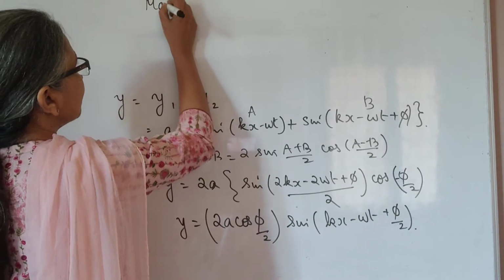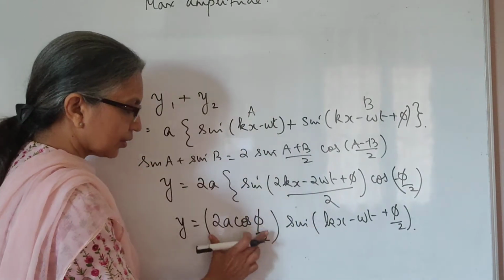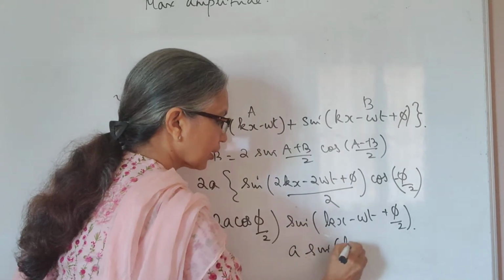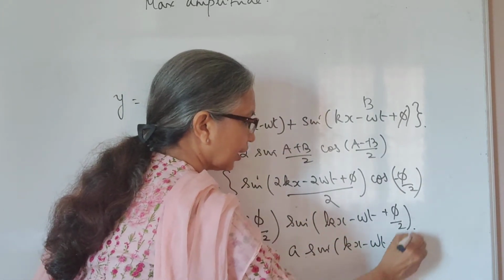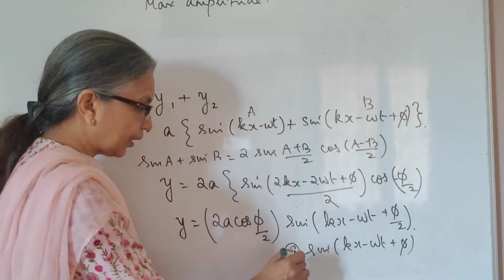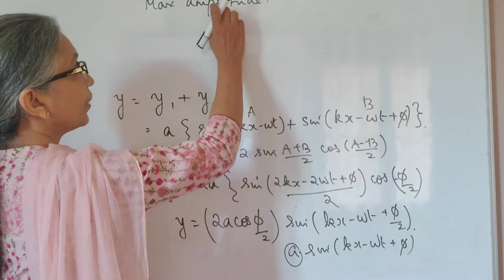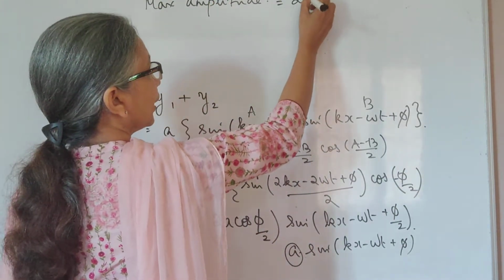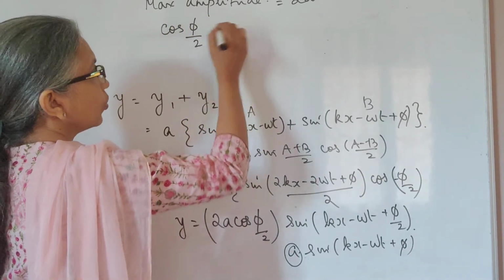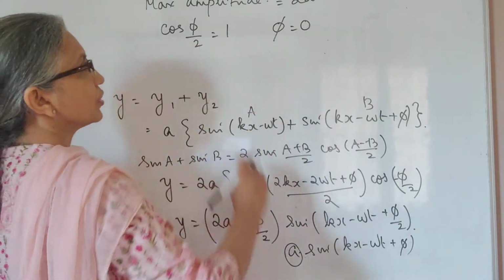So for maximum amplitude, I hope you've understood that this is the amplitude of the wave, because when we have a function a sine of kx minus omega t plus phi, which represents a traveling wave, this is what you call the amplitude. Comparing this with this, you see this is the amplitude of the resultant wave. So this resultant wave can have maximum amplitude, which is equal to 2a when this cos phi by 2 is going to be equal to 1,